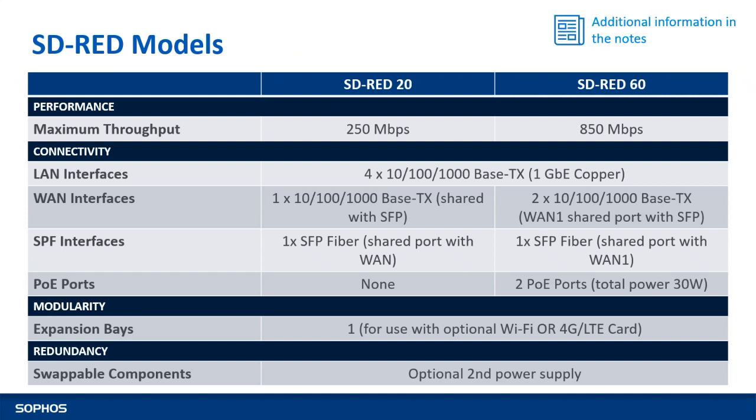Both models have gigabit connections on both internal and external interfaces and support SFP fiber. The 60 adds two WAN ports as well as two power over Ethernet ports and can supply